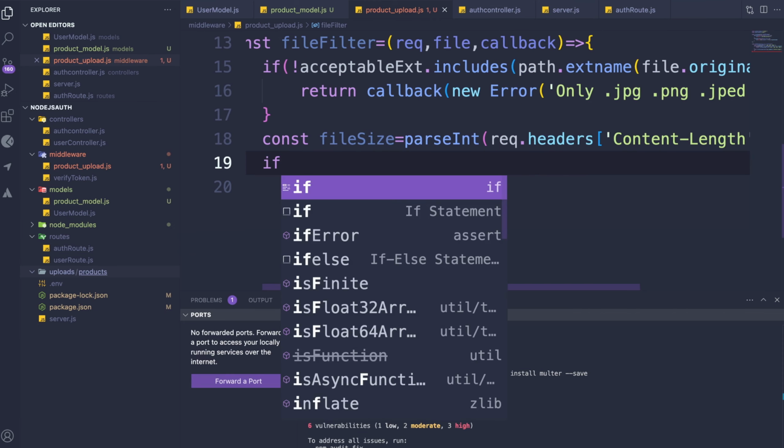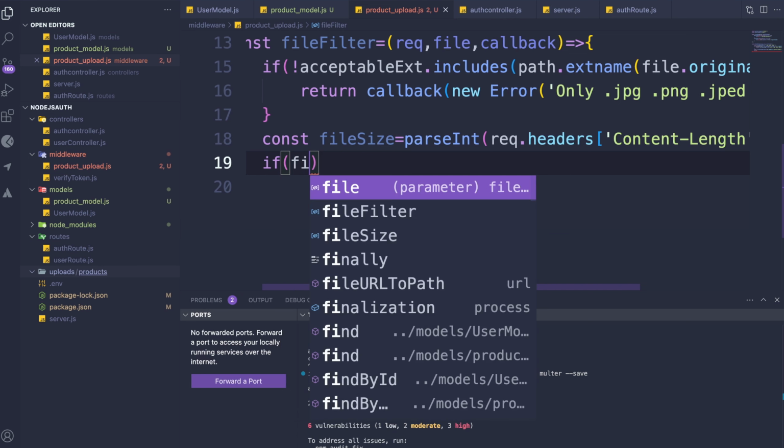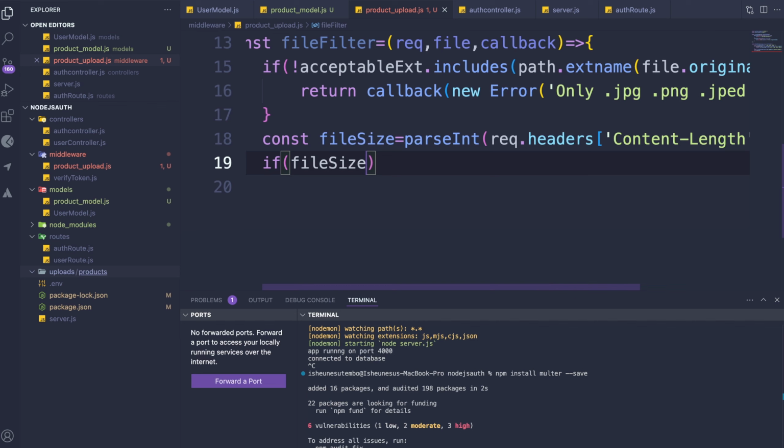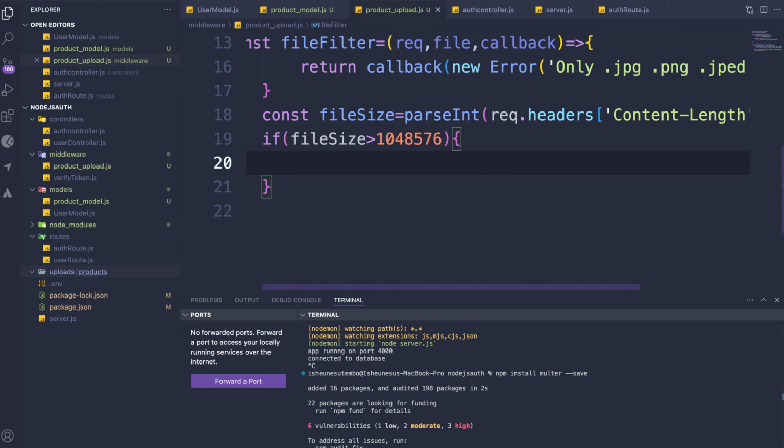We will make sure that if the file size is greater than 10 megabytes, which is 104.8576, we are just going to return a callback function,